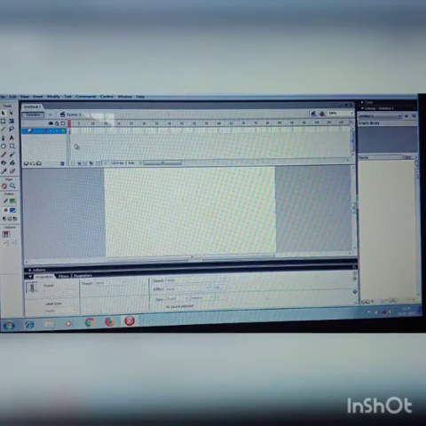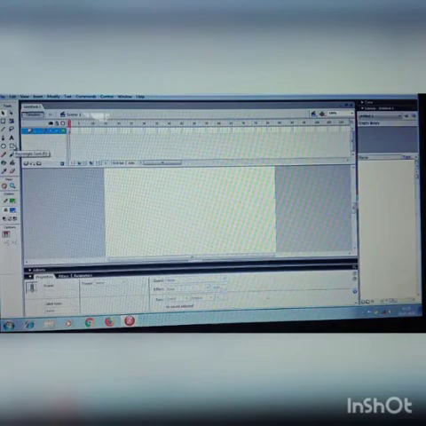This is the stage. That is the stage screen. Next, this is the playhead. This is the frame. This is the timeline. This is the layer. This is the properties panel. Then the tools panel. All of you see the tools panel. Okay. Let's see now the uses of tools.